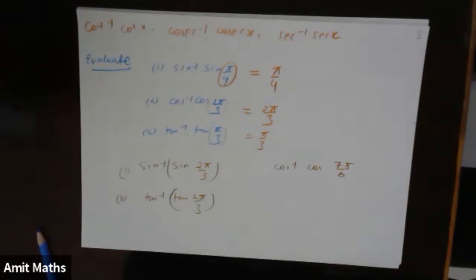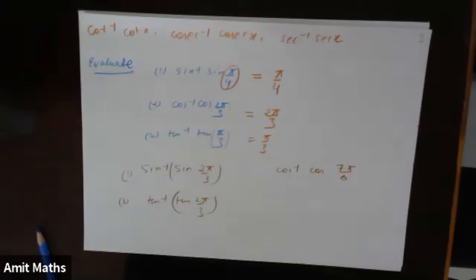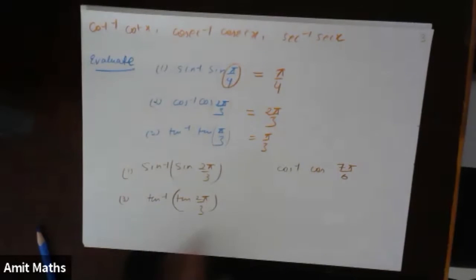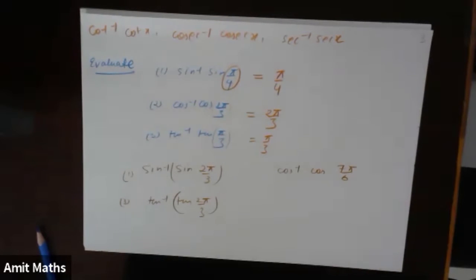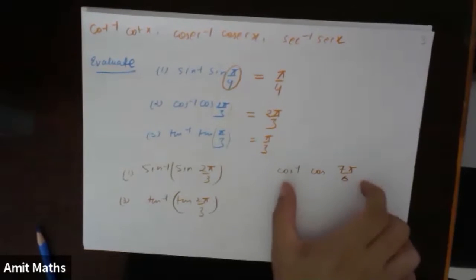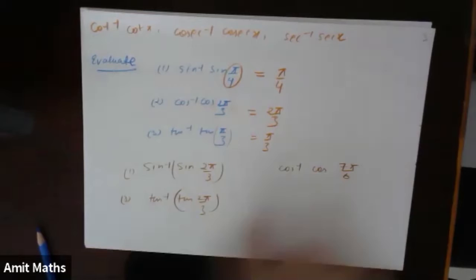Second one, cos inverse, we are getting 5 pi by 6. Just check the answer. And the third one we are getting minus pi by 3. Yes, Arthika, you are correct. Second one is 5 pi by 6. Third one is minus pi by 3. Okay, just check it. I think most of you have made a mistake in the second one. So check why it is 5 pi by 6.